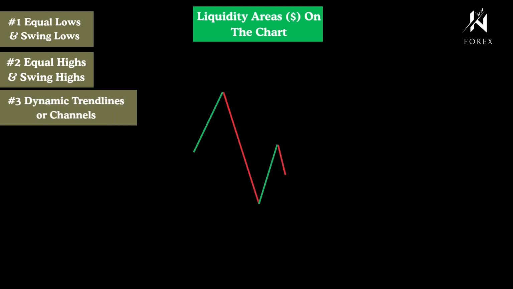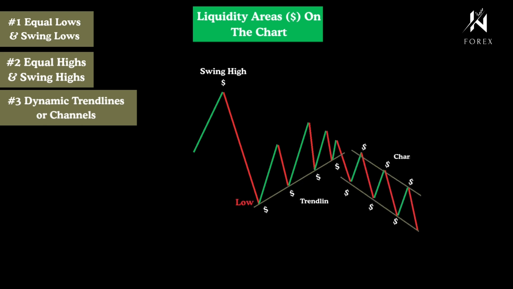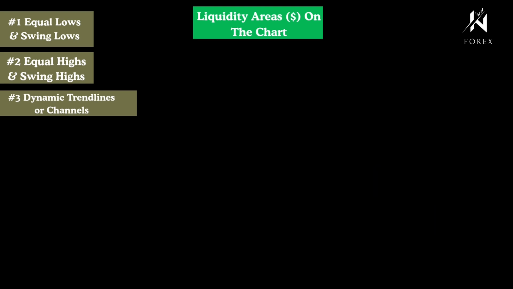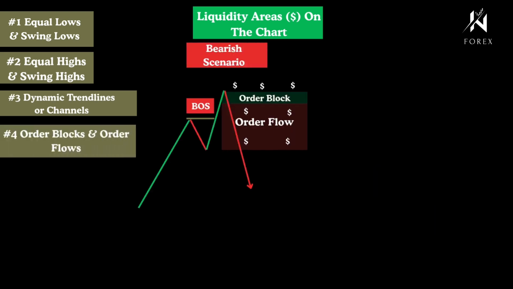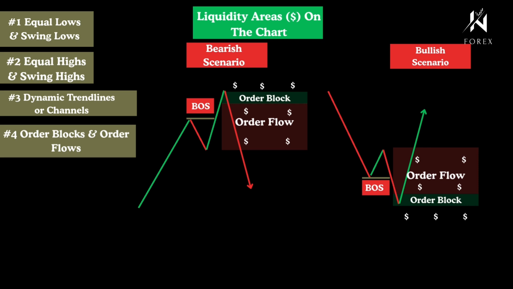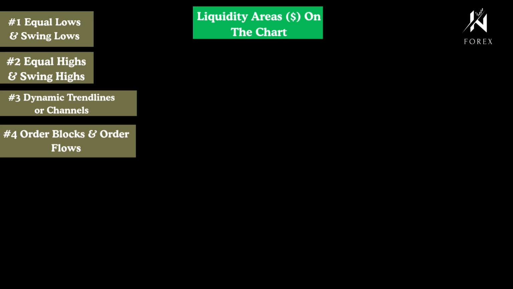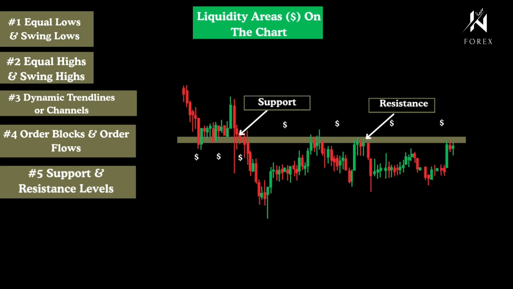Dynamic trend lines and channels. Liquidity zones may form above or below these boundaries, as retail traders often position their orders around these regions. Order blocks and order flow. Regions with heavy executed orders or clusters of pending orders can function as liquidity zones. Support and resistance levels. Price zones that have historically served as support or resistance often draw market participants, turning them